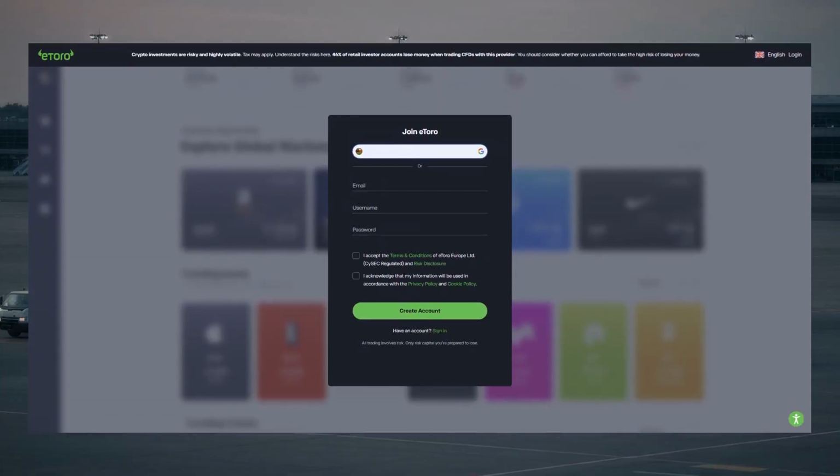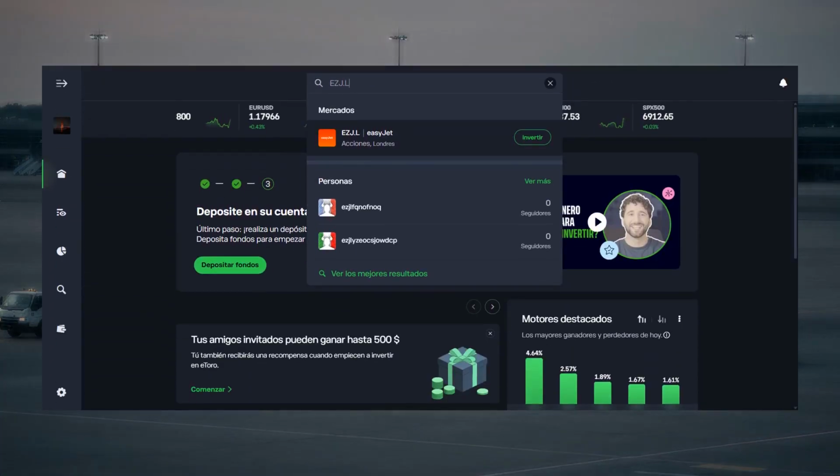To trade, you need a brokerage account, and we'll use eToro as an example to show the process. After registering, you will need to verify your account, usually by uploading an ID, and add funds before you can place an order. Use the platform's search bar and type the ticker